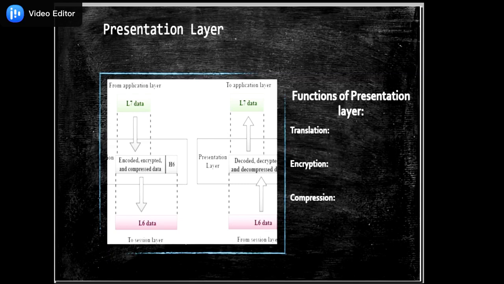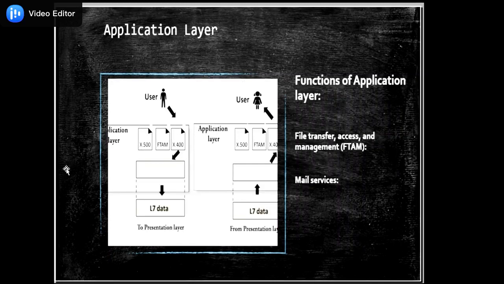Then the application layer. This is the last layer of your OSI model. An application layer serves as a window for users and application processes to access a network. It handles issues such as network transparency and resource allocation. The application layer is not an application, but it performs the application function. This layer provides network services to the end user, and it provides these functions: file transfer access and management,